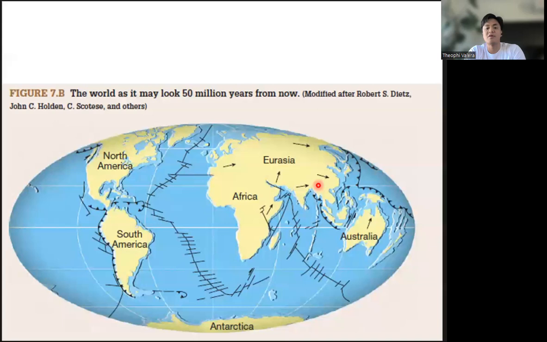And plate tectonics is very active. So for example, this represents the present day movement of the different plates. And as you can see, Antarctica is relatively not moving, so it's relatively static. South America and North America are also relatively static. The Mid-Atlantic ridge has long ceased to spread, so wala na siyang active spreading in most areas, and therefore, wala nang movement yung North America and South America. So these are relatively immobile rather. Much of the activity is coming from these plates in Eurasia, Africa, and Australia.